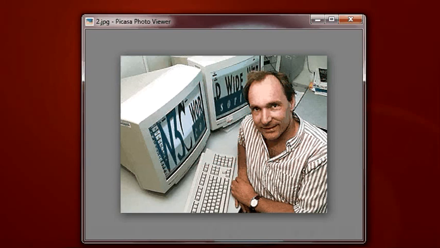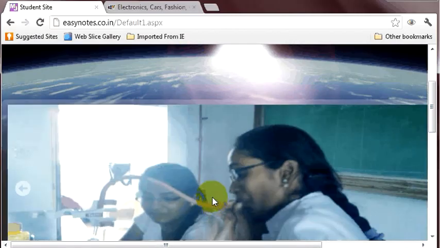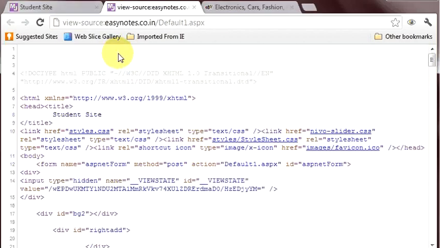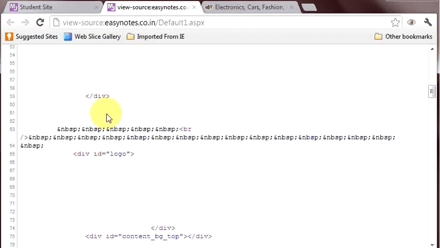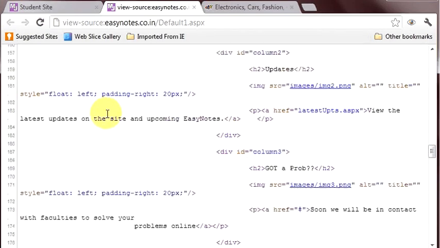If you are using Chrome and you want to see the HTML code of any web page on the internet, simply right click and select View Page Source. Let me give you some examples. Let's open Chrome. This is our website easynotes.co.in. If you right click on the page and select Page Source, you get a file which shows all the HTML coding of our website.